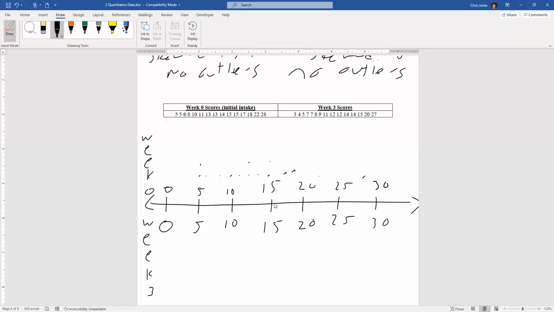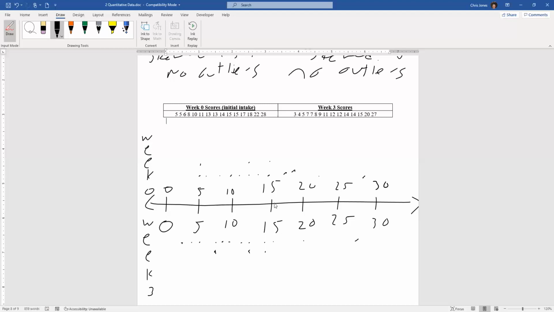Now, let's take a look at week 3. All right, so we're going to have a 3 here, and then a 4 and a 5. All right, and then we have a couple 7s, an 8, a 9. We have an 11, 12, 12, 14, 14, and 15, 20, 27. So 15, 20, and then 27, which might be right about here. All right, so